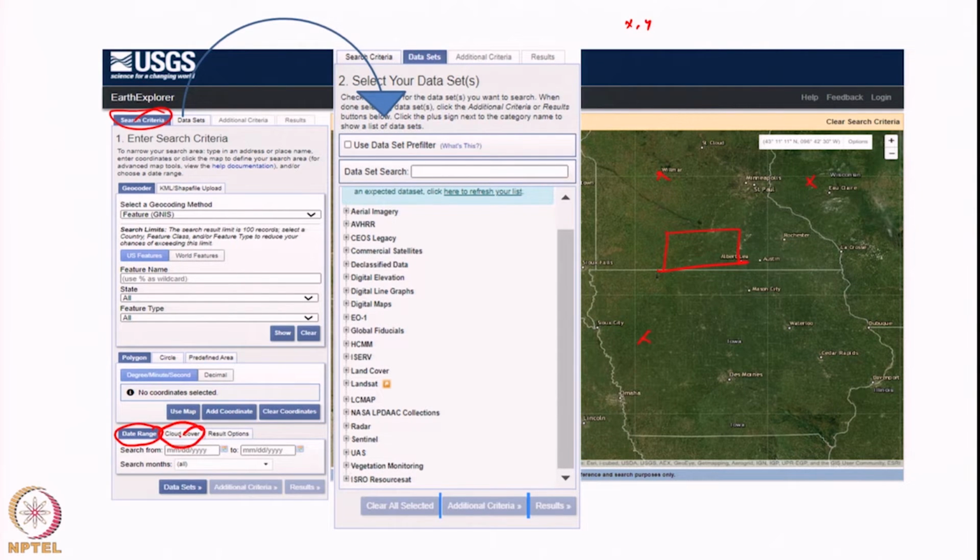Normally for some applications we may require data containing less than 10% of cloud, and we can specify that. Under result options, we can specify some search options and so on. After this we click this tab and go to data sets. Once you go to data sets, you can just see how many different varieties of data are available: